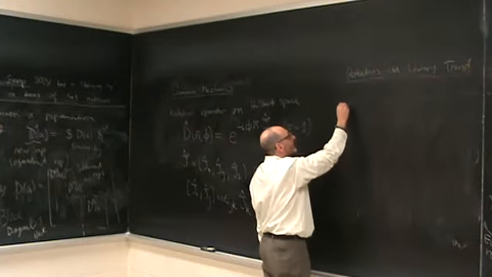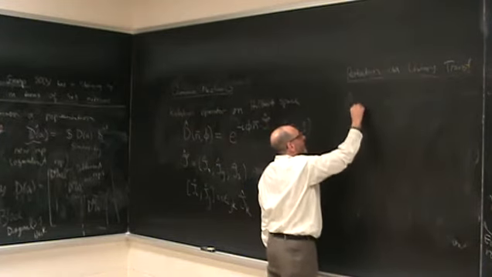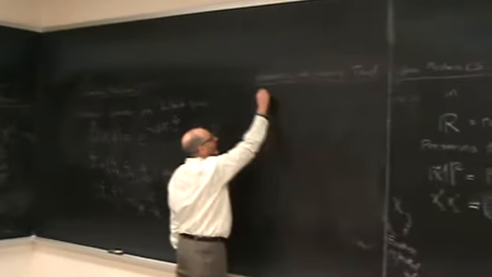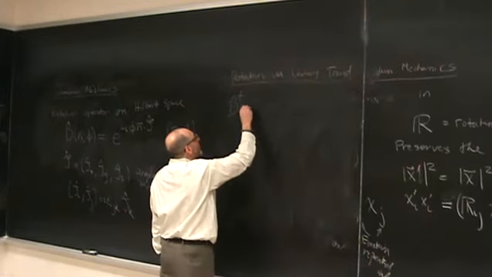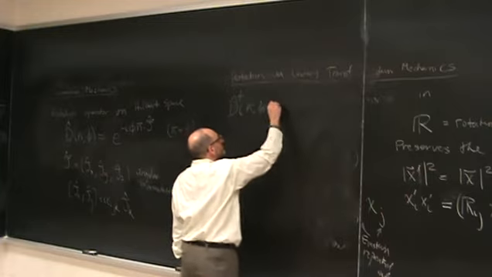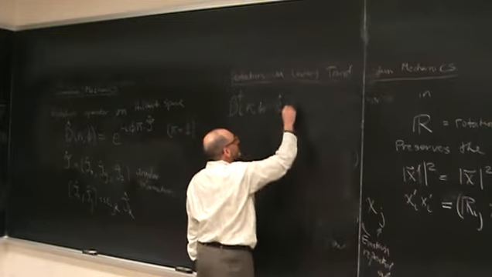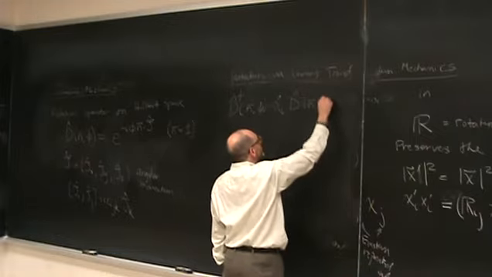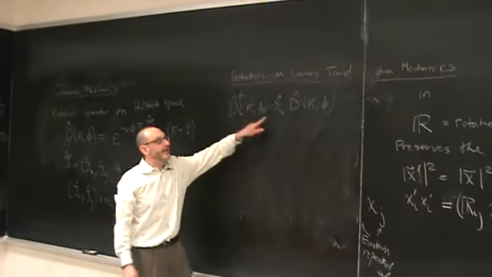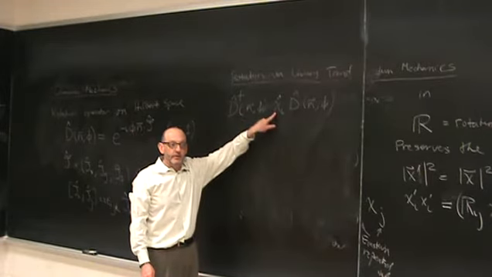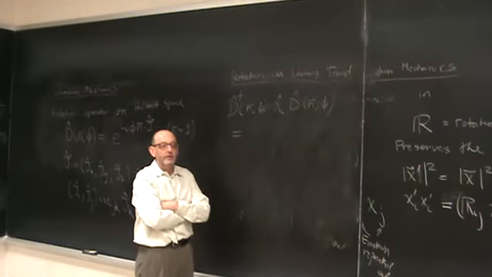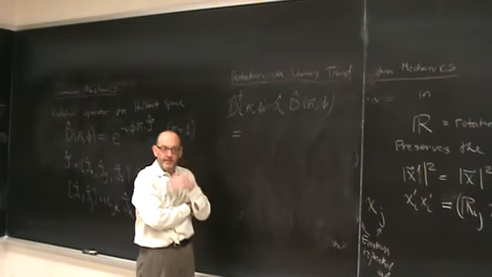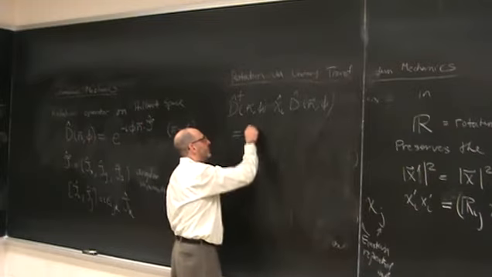So if I look at the unitary transformation on the components of position, so this is x, y, or z. That's a unitary transformation on the position operator. What is this? Well, that's the rotated position. And the rotated position has new coordinates. Those coordinates are given by